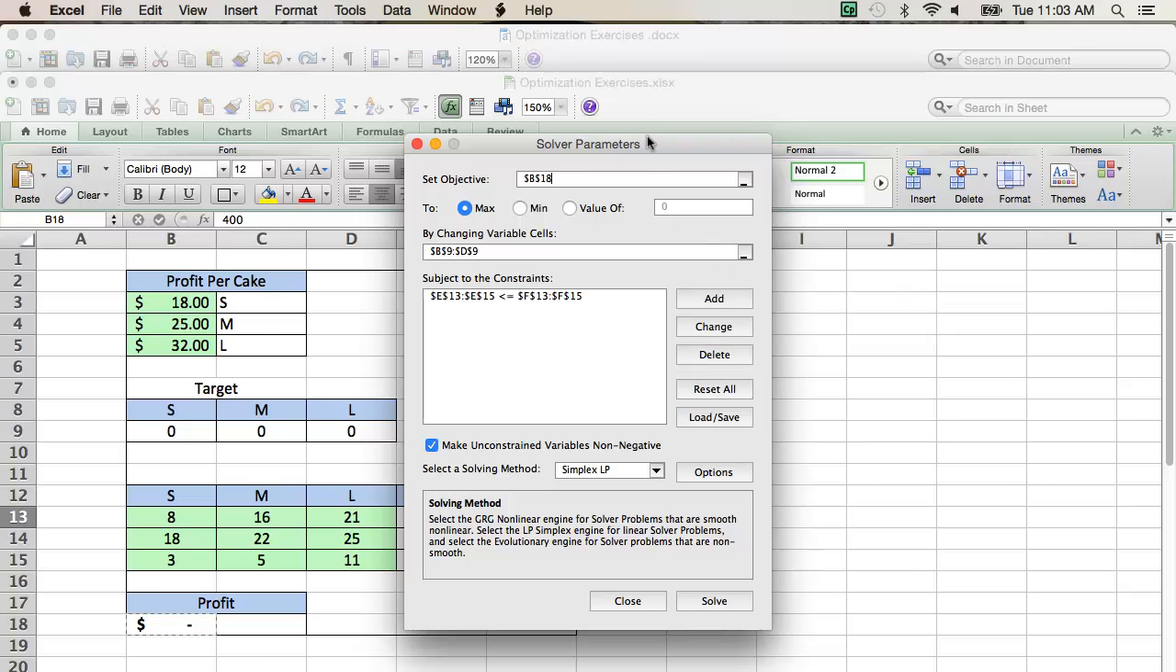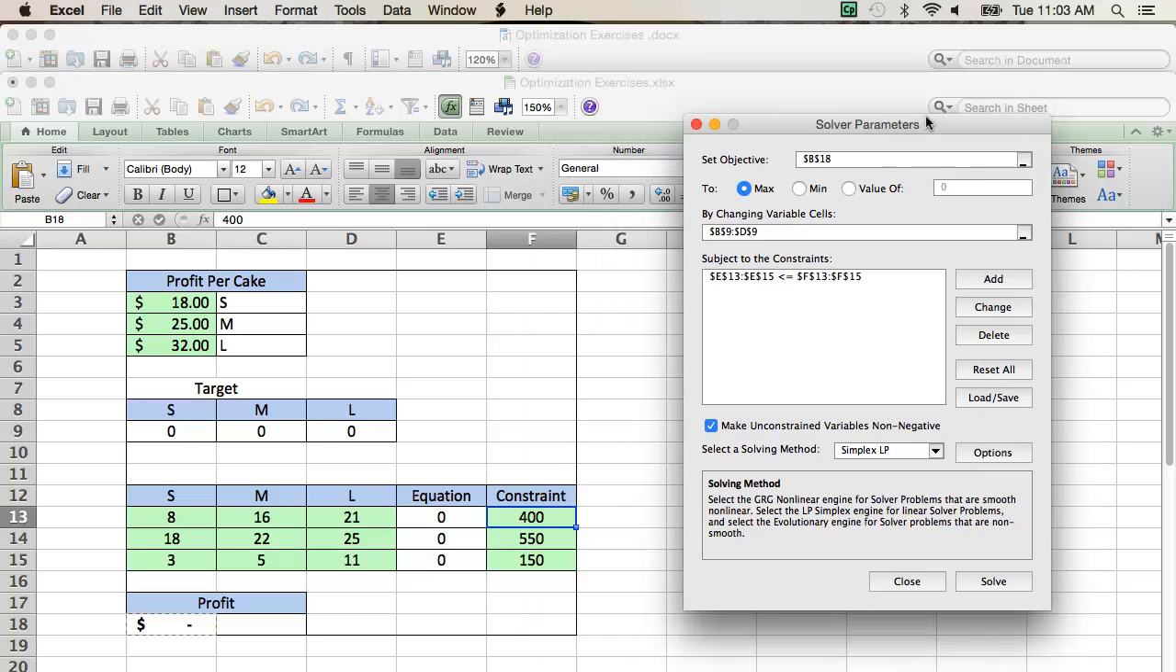So in our Solver tool, this looks like a single constraint, but it's really three. E13 is less than or equal to F13. E14 less than or equal to F14. And then finally, E15 less than or equal to F15. We're also specifying a non-negativity constraint and using our simplex method. Now when I click Solve,